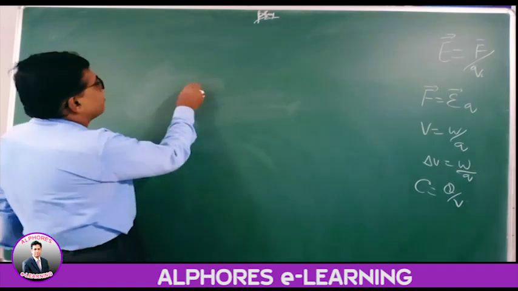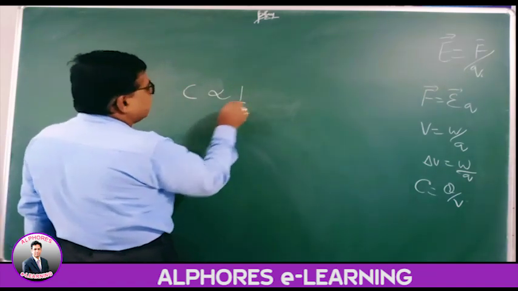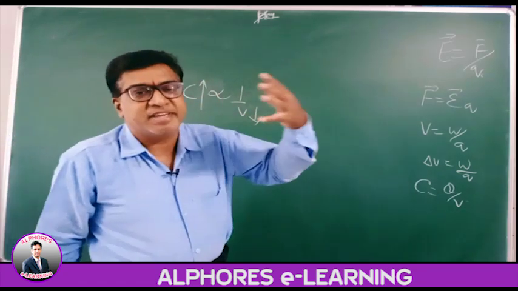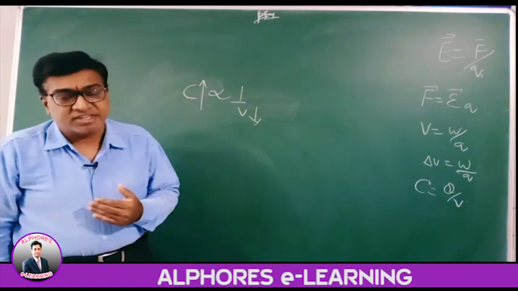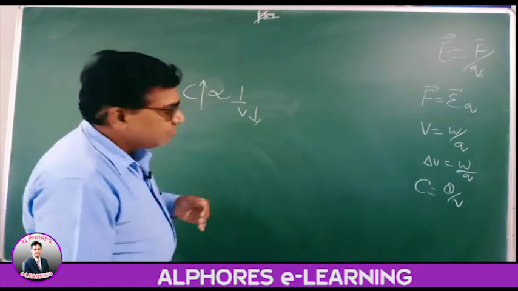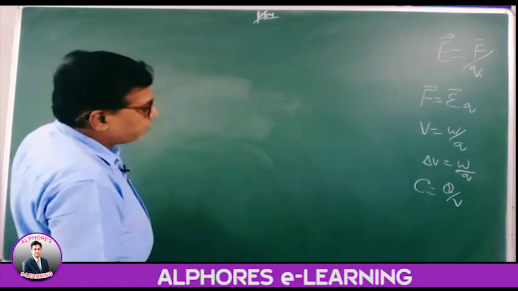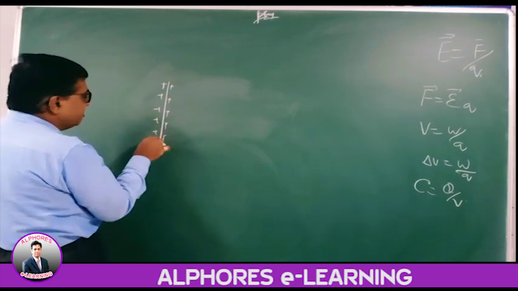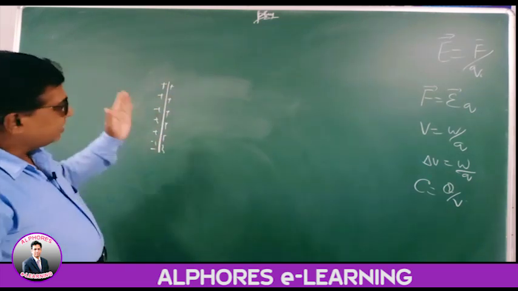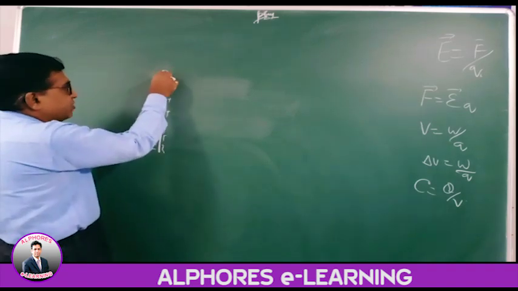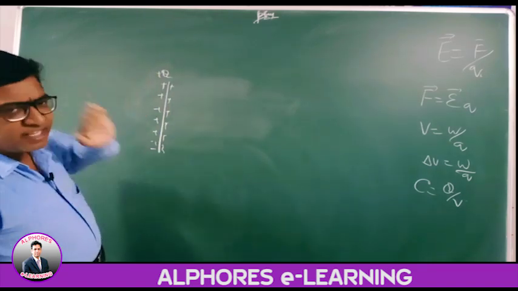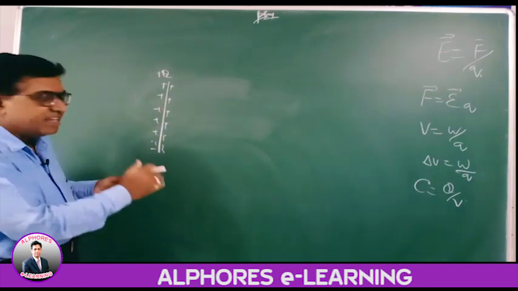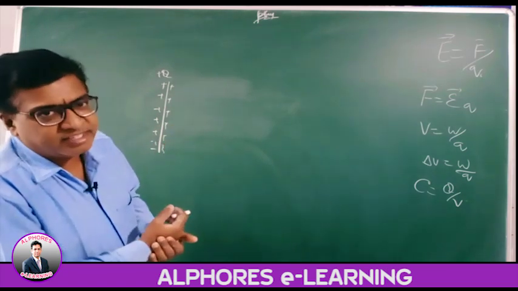The principle of a parallel plate capacitor is that C is inversely proportional to V. When the potential is decreased, capacity increases. The capacity of a capacitor can be increased by decreasing its potential. Now, how do you decrease the potential of a charge? First, consider a positively charged plate, a plate charged uniformly with charge Q. It is fully charged to its highest level, beyond which it is unable to take any extra charge. Any extra charge given to it leaks out to the surrounding air.